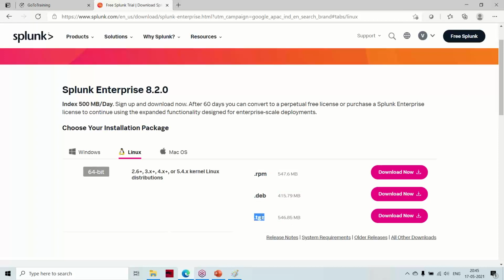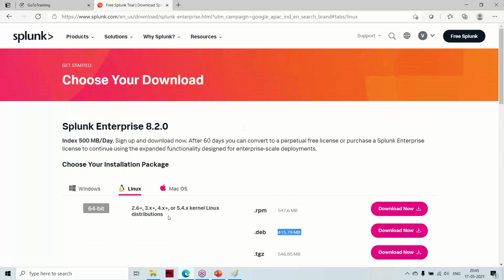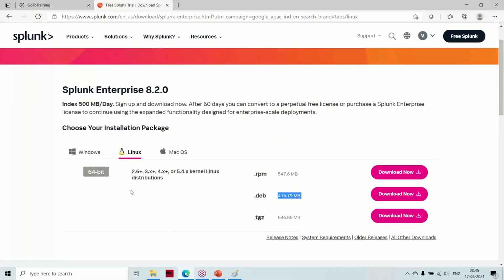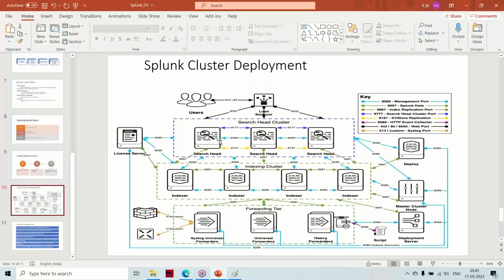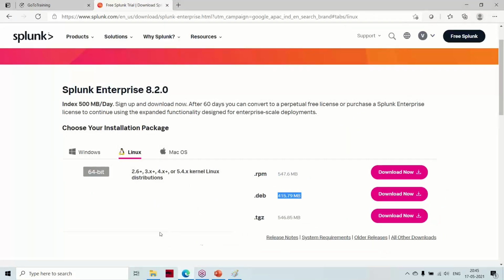If you download this one, you can install it on Red Hat as well as Debian. This is the server side. Means if I download this package, I can convert it into a search head, indexer, heavy forwarder, cluster master or deployment server. For all these components, this is the only software.